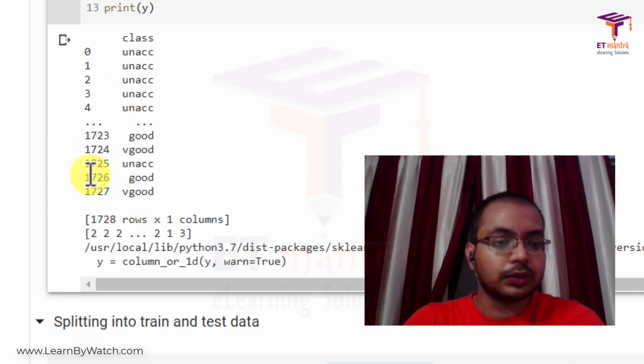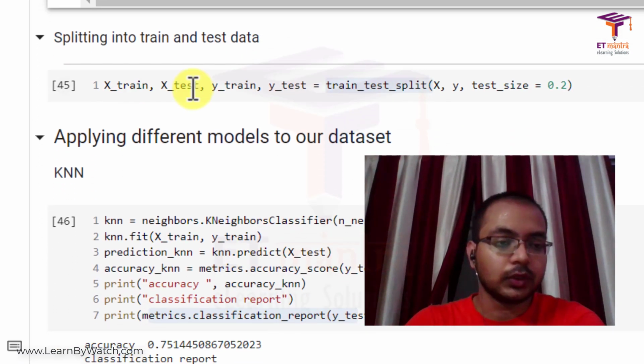If we want to see which number corresponds to what, we can check it from here. So the first one here is 2 and the first one here is unacc, so this one maps to this one. Suppose we take the last one, which is vgood, and here the number 3, so we know that vgood is mapped to 3, similarly good is mapped to 1, and so on.